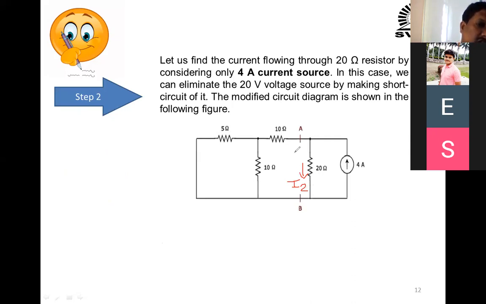Now I2 we are finding out. So left hand side, all are the resistors here. So better way, what you can find out, the equivalent resistance measured between right to left. So if you are observing from right to left, 5 and 10 are in parallel, and that is in series with this 10. So I will give the name as R equivalent between A and B terminal. I will mark A and B here. So 5 is in parallel with 10.